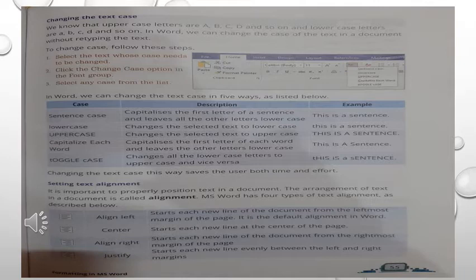Changing the text case this way saves the user both time and effort. So it saves the time. Then the next is